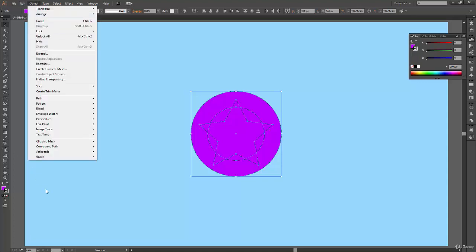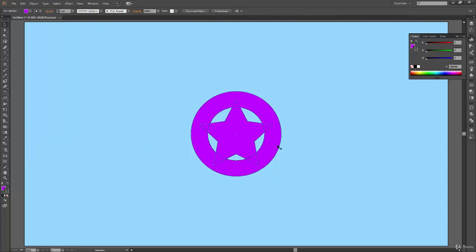So again, we can go to Object, Compound Path, and click on Make, and you can see, yes, exactly, we are getting the same result which we were getting. So there are no changes. If you release your compound path and make it again, there won't be any changes. If it happens, it will be some kind of exception that I haven't seen so far. So feel free to experiment with everything by yourself and see what kind of results you get. Okay, so I think that's enough for the compound path.